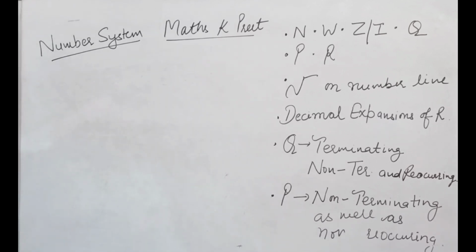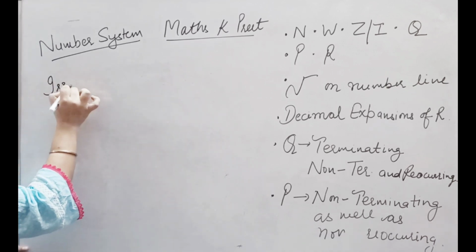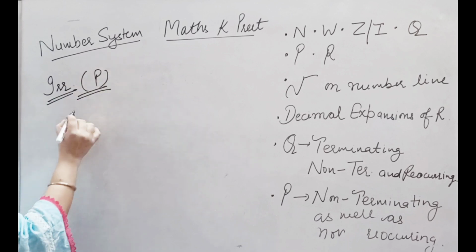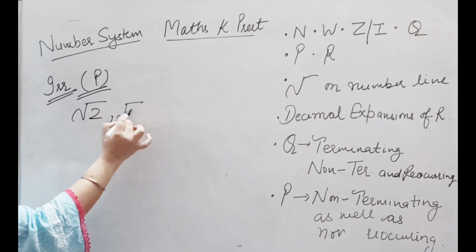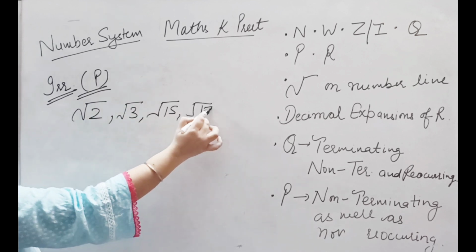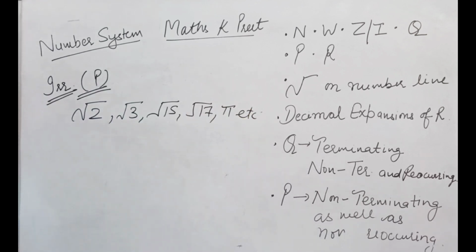Next is, so examples of irrational numbers. Examples are root numbers: root 2, root 3, root 15, root 17, pi as well, etc. These are all examples of irrational numbers. So next is